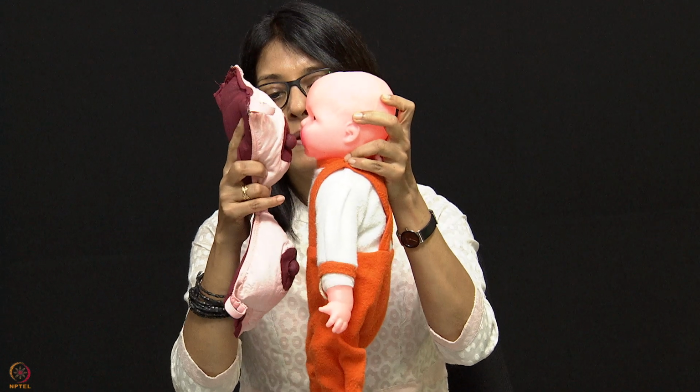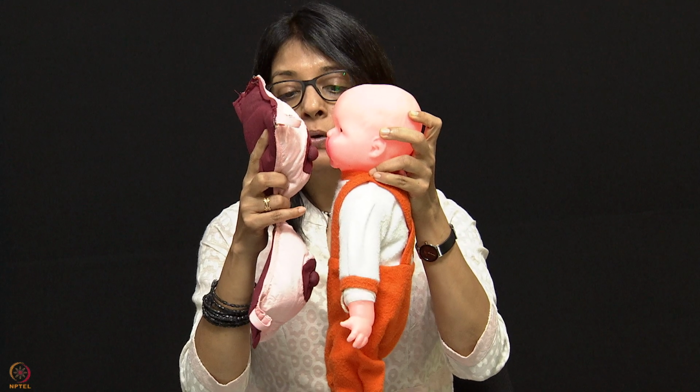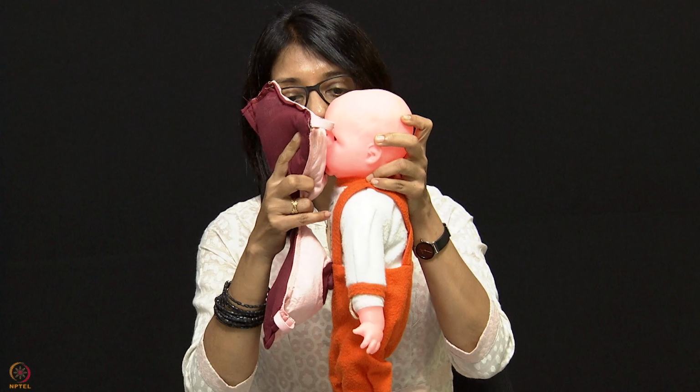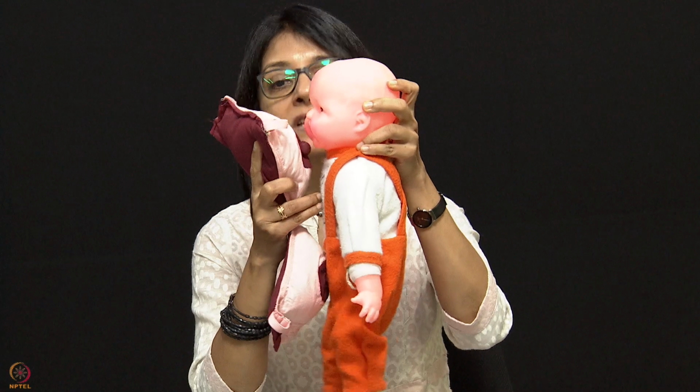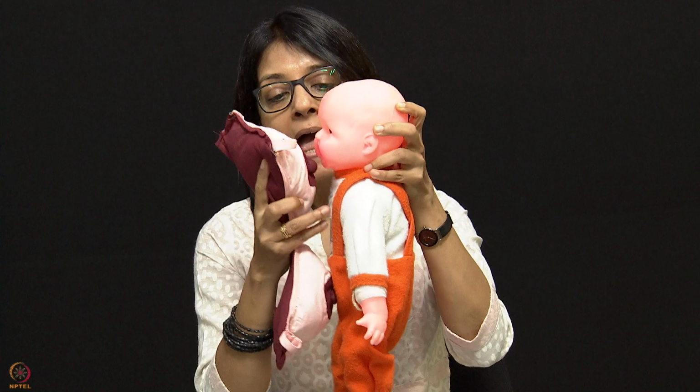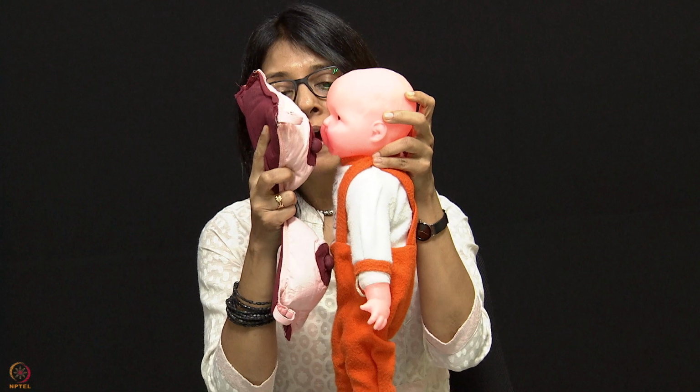So when baby opens the mouth, both the upper and the lower areola go in the mouth, at the same time the nose will get compressed, and there won't be any extension of the neck. A little bit of extension will help to swallow the milk. And suppose baby is too far